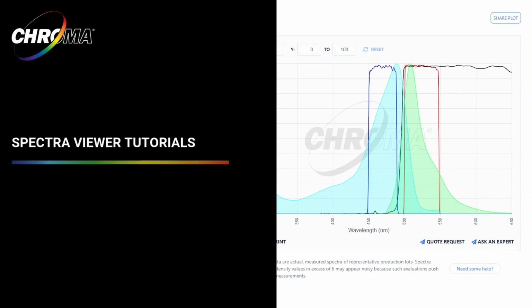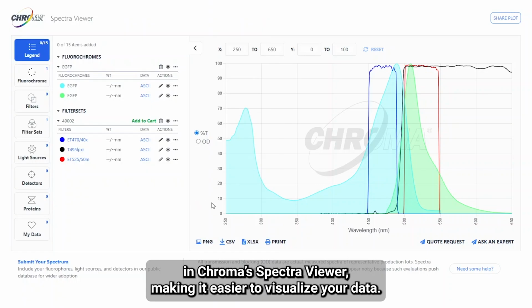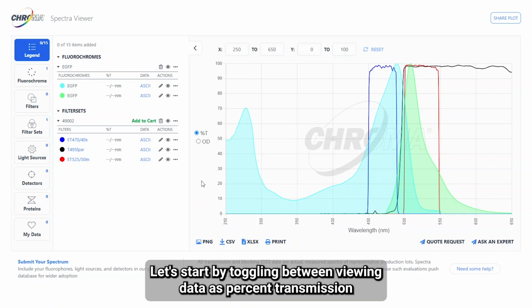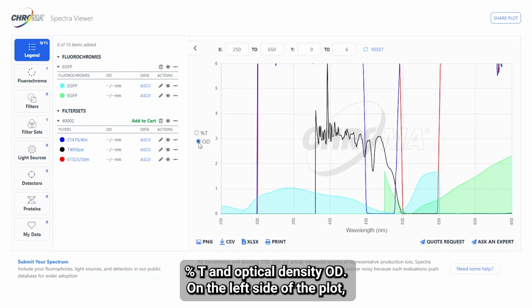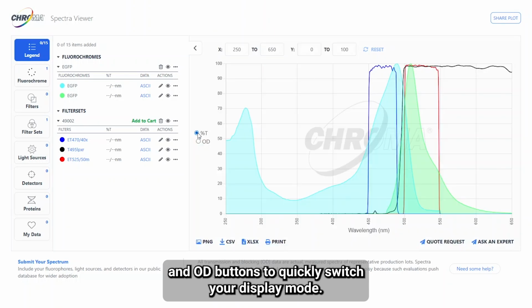In this video, we'll explore how you can customize the spectral plots in Chroma's Spectra viewer, making it easier to visualize your data. Let's start by toggling between viewing data as percent transmission, percent %T, and optical density OD. On the left side of the plot, simply click between the percent %T and OD buttons to quickly switch your